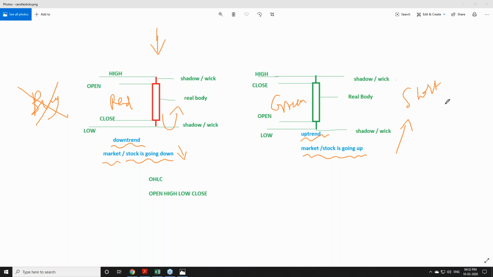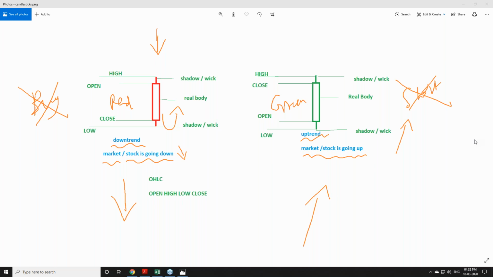We know what short selling is. We have learned it in the basics of the stock market. You can have one more round of review on that. We are not supposed to short on a candle which is green. When you see a green candle, it is very clear that the stock is going up. When you see a red candle, the price is coming down.